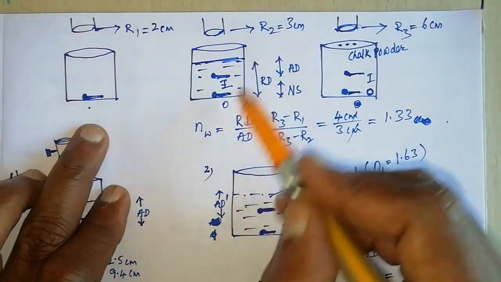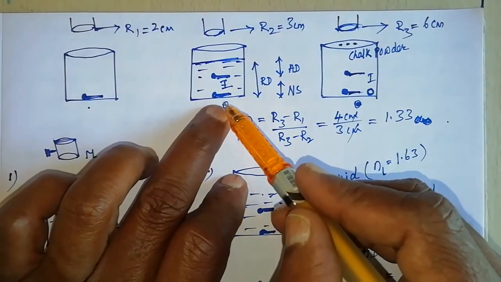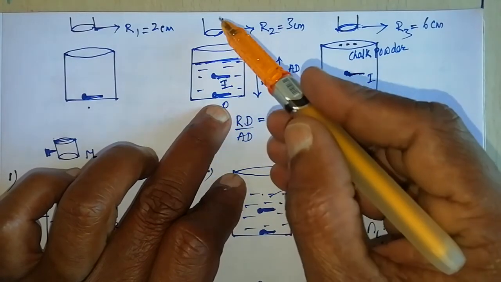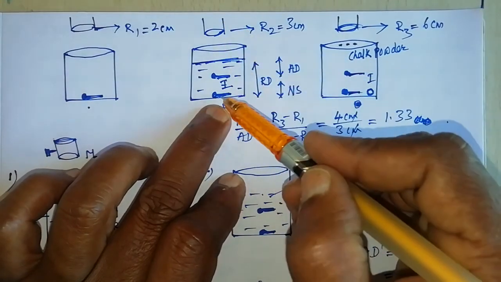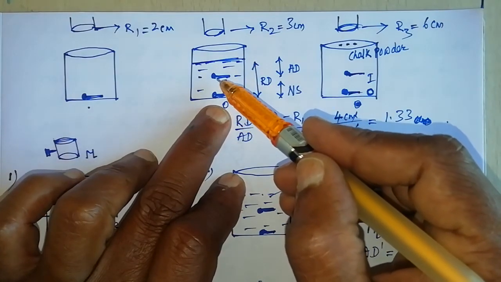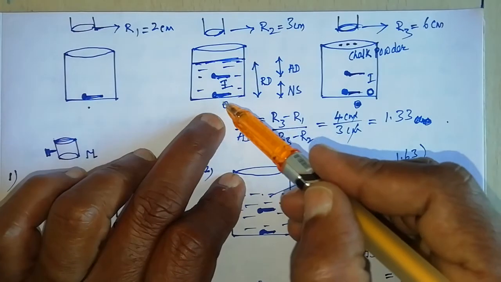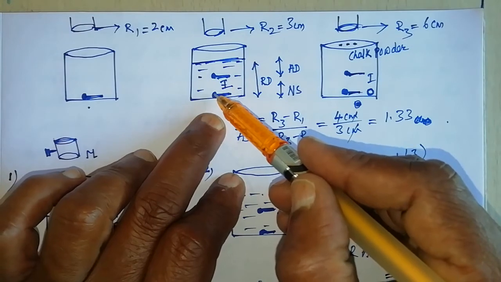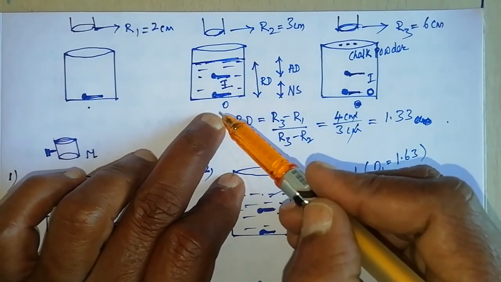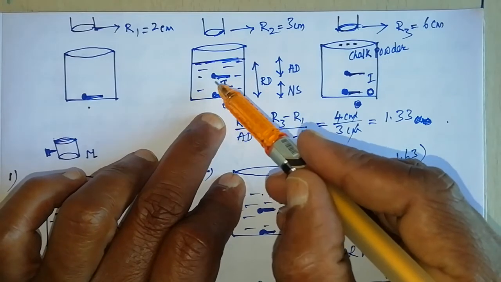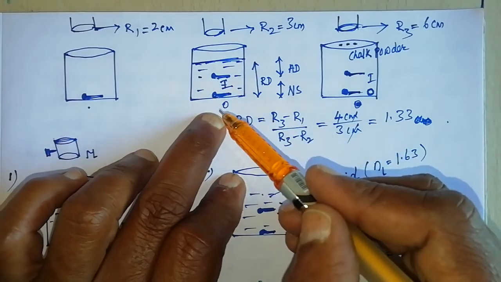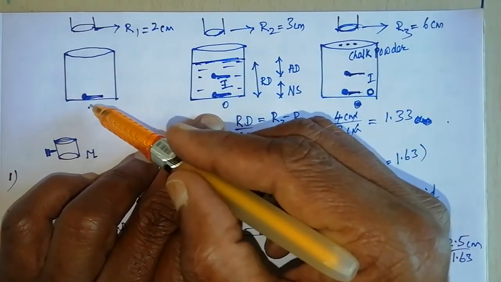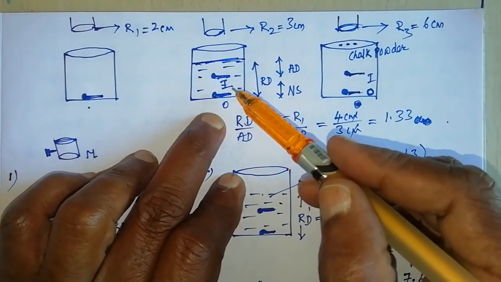When this vessel is filled with water, though the pin is lying at the bottom of the vessel, for an observer viewing normally, the pin appears to be raised due to normal refraction. So, O is the object, I is the image of the pin. The height through which the pin appears to be raised is called normal shift. As soon as the vessel is filled with water, the pin we have focused with the traveling microscope will go out of focus.